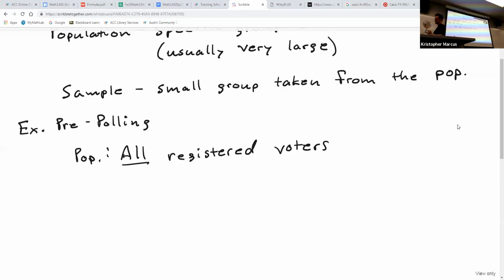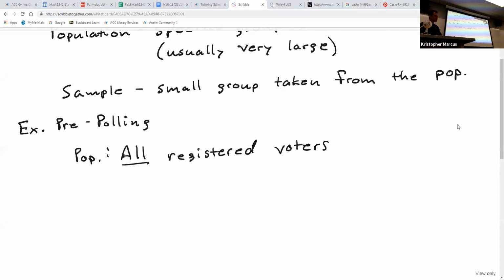Here's the issue. Let's say that you were trying to hunt down every particular registered voter. Some of them are going to be easy to find. Social media is all it takes. A quick phone call is all it takes. Some of them, though, are going to be very difficult to contact. Does that mean they can't be contacted? Not necessarily, but the problem is they're going to be very hard to find. Well, you can find them. The only thing is it's going to